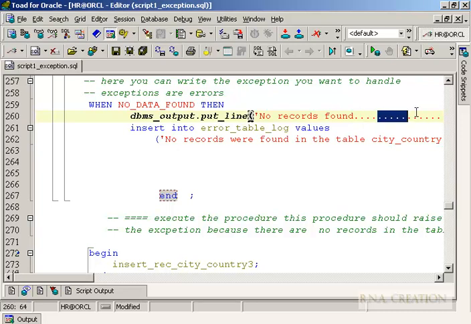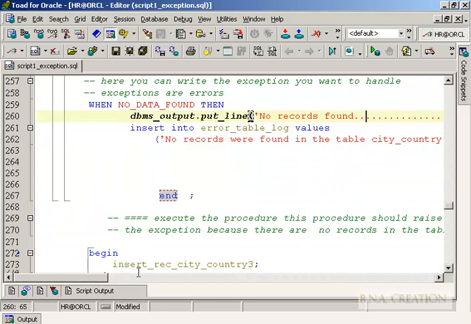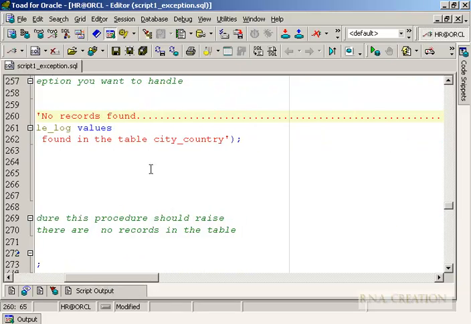Once I removed it, I need to run this procedure again with CREATE OR REPLACE, so that it is able to